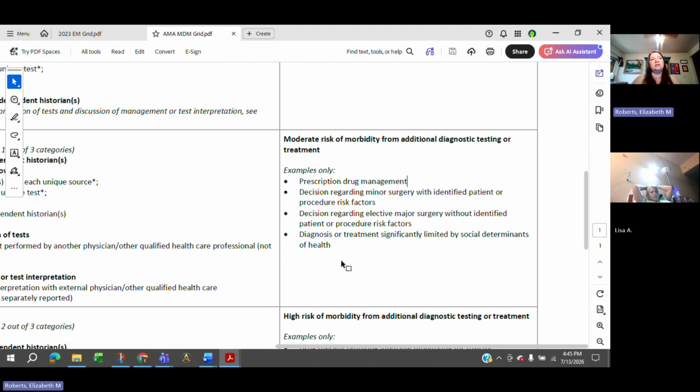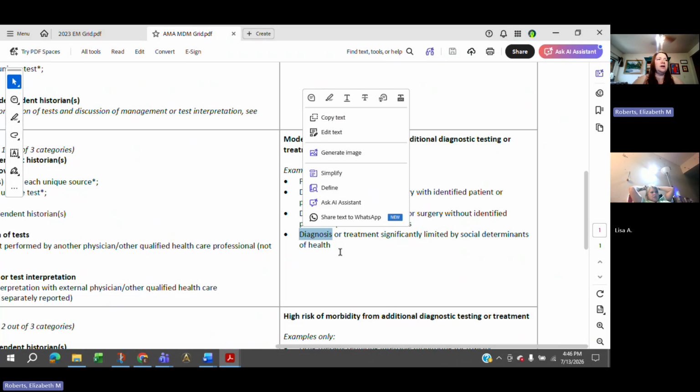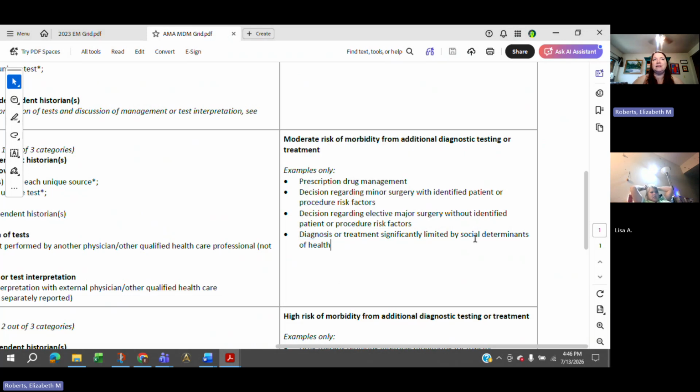That's all medical decision making. We have some surgical procedures here, and then we have social diagnosis or treatment significantly limited by social determinants of health. Those are going to be things like low income, lack of access to transportation, they can't come to their appointments, crazy things like sibling rivalry, empty nester syndrome, stuff that's going on in the patient's life that's impacting their healthcare or their ability to access healthcare.